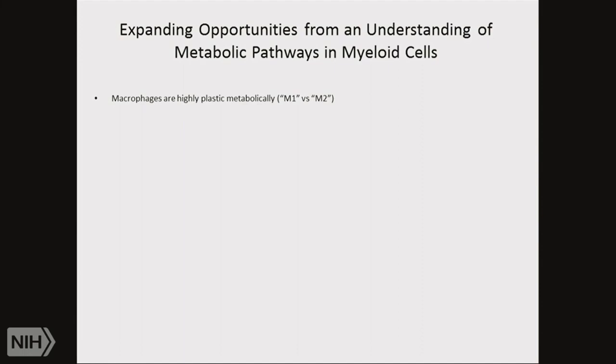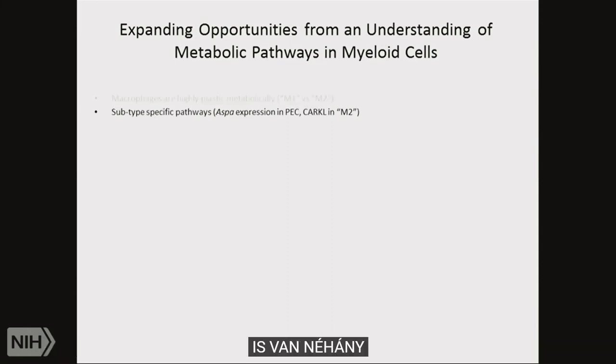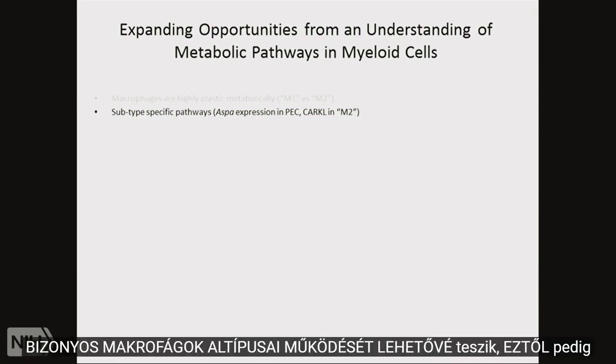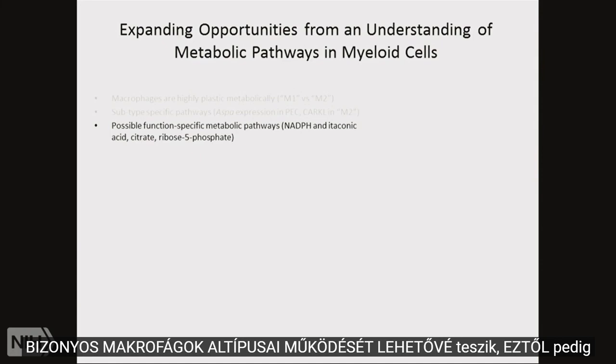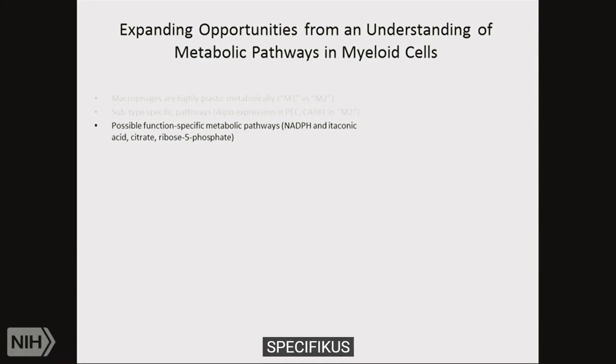From a metabolic and redox standpoint, you can push them around, and it makes a very fun system to look at. They also have some very specific activities that allow certain subtypes of macrophages to function a specific way. And then they have specific metabolic pathways such as NADPH and itaconic acid, as I mentioned, that are involved in